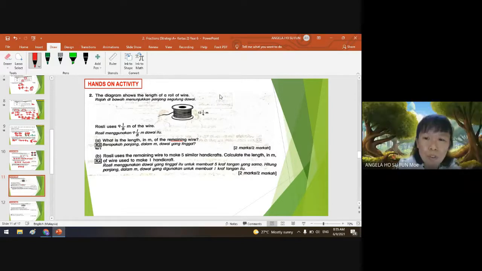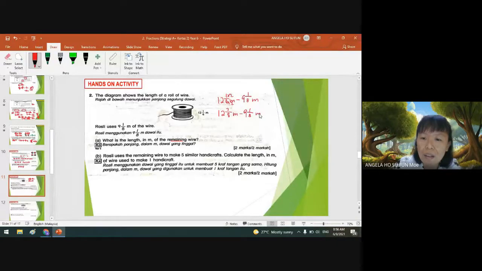So I'm going to use the original wire that is 12 1/4 meters, minus what I used up, already 9 1/8 meters. You see here, this is 4, this is 8. I can make the 4 become 8 when I multiply by 2. So here we get 12, 1 times 2 is 2, 4 times 2 is 8, minus 9